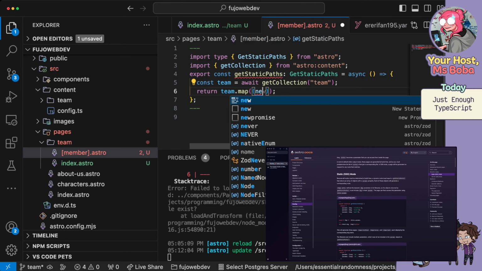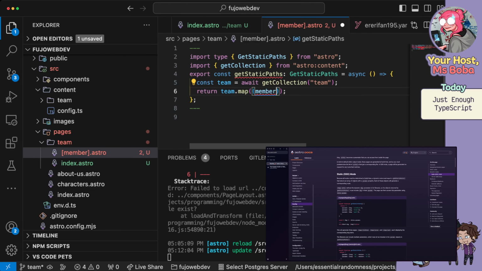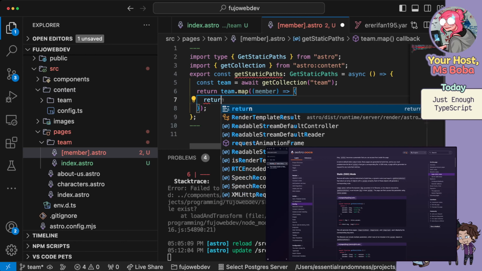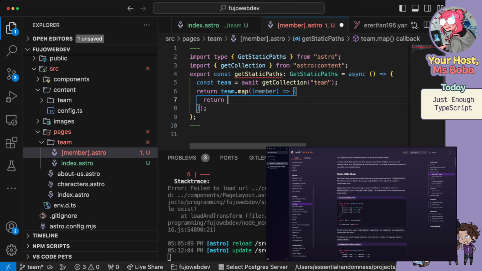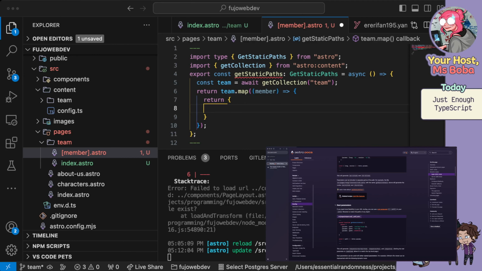I really just wanted to do all this TypeScript bit because, look at all this time that we need map, and it seems like such magic when you don't know what it's doing. But what it's doing is just going through this theme array, and then for each member, we are returning data on the page that this is going to be creating. And so in this page, for each team member, we are going to say that the page is going to have a param,